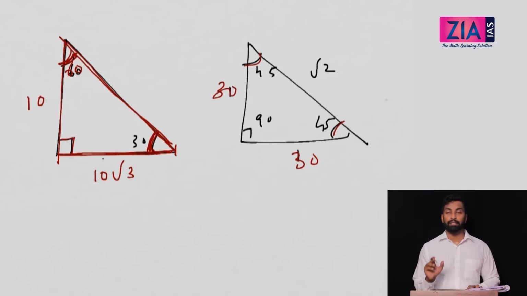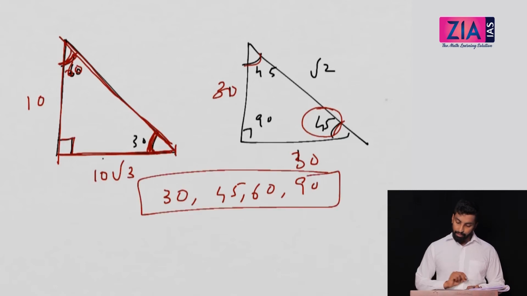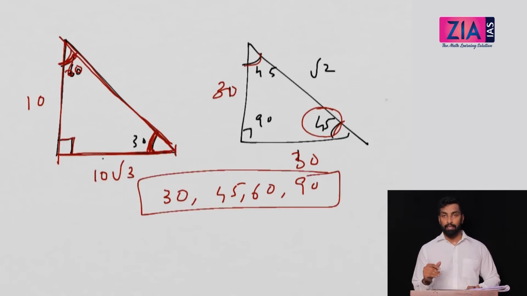Now why did I tell you that these are the two triangles possible? Because otherwise you would need to apply sine 45, sine 30. Here the values given are 30, 45, 60, 90, right? These values, the sine value, cos value, tan value, etc., you can remember. But sine 15, sine 20, sine 25, sine 35, etc. is not expected from you. That's why you will get these two triangles only.